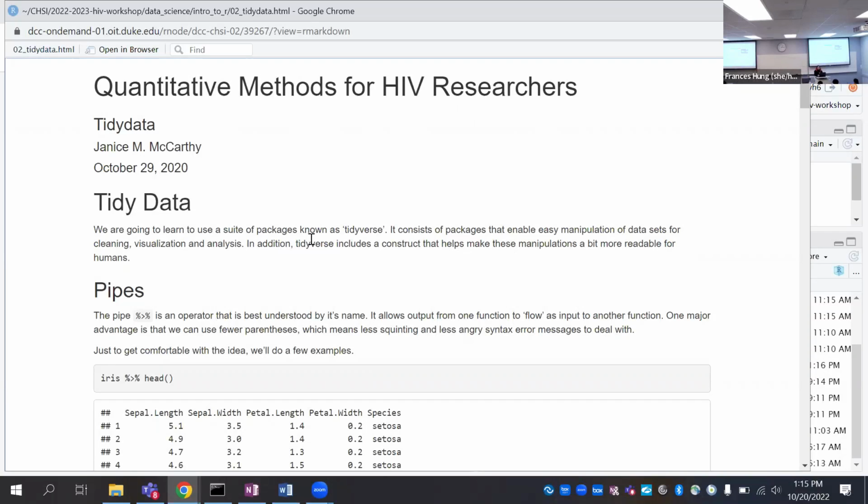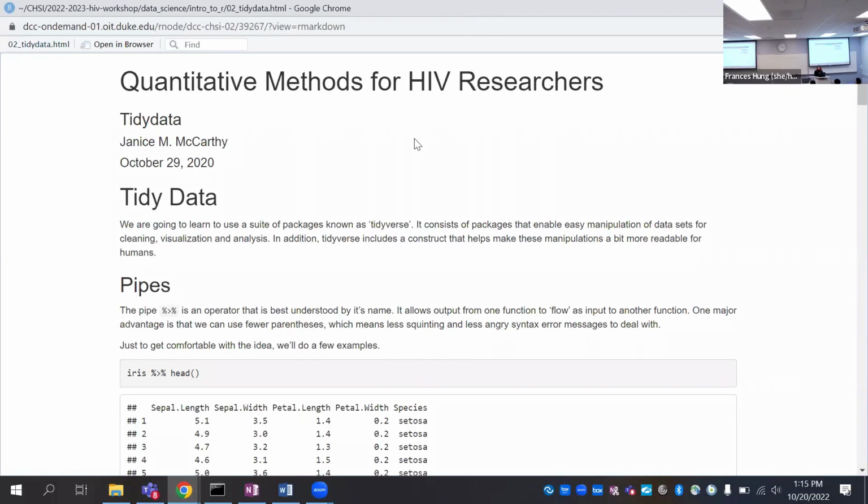Okay, so we can now start, if everyone's caught up. I'd like to say that these slides and this HTML markdown are pretty much all Janet over here. So if you have any questions, she'll definitely be able to help you. We're first going to talk about what are the special things about tidyverse, which I think might get a little bit confusing if you know enough of those functions.